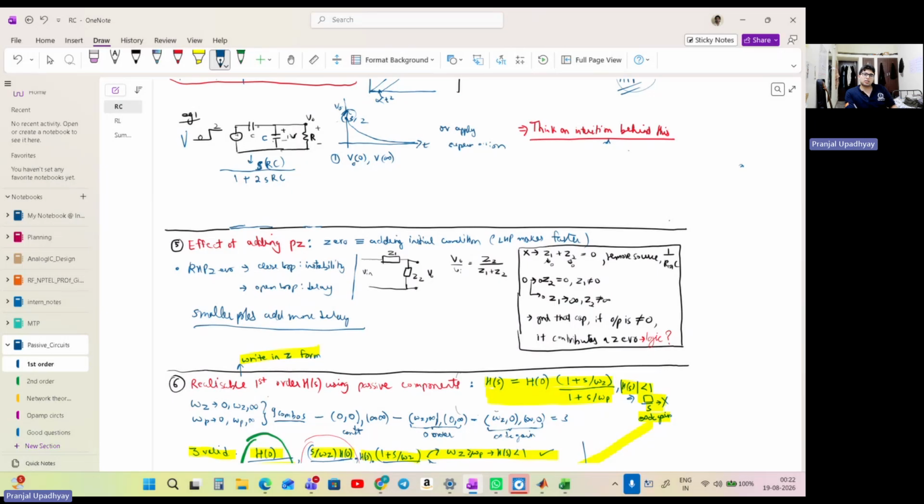If by shorting this capacitor at the output, you are seeing that the output is non-zero, then this implies that this capacitor contributes to a zero. So when we short this capacitor, upon shorting, this guy is non-zero. So this implies that this capacitor will have some play in the zero. And if I short this capacitor, then I'll find that the output is zero, which means that this capacitor will not contribute to the zero. So fundamentally, this capacitor is why this circuit has a zero,